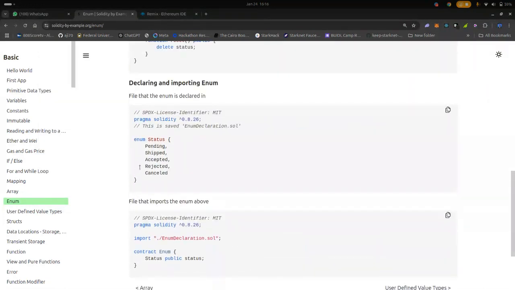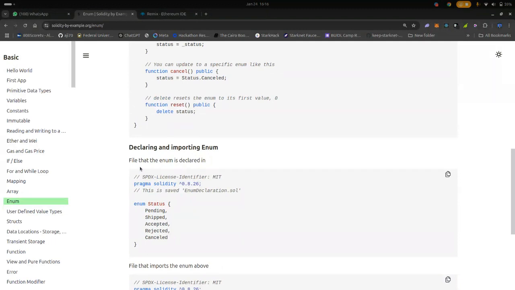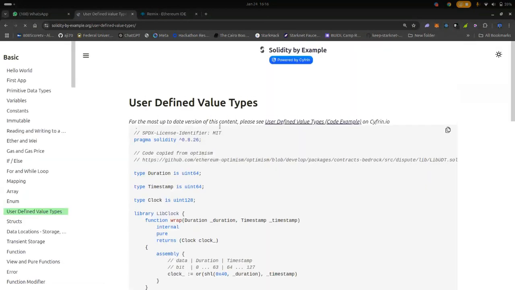Mostly enums are used when it's beyond true or false, when you want a value to have multiple options, not necessarily a boolean. So that's mostly when we use enums. I think I'll take a step forward and move on. So the next one is